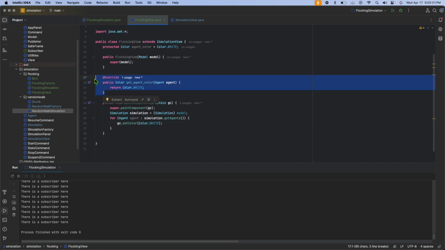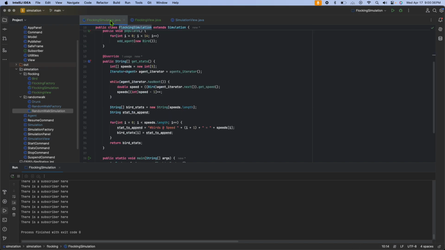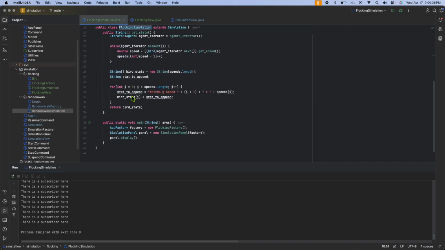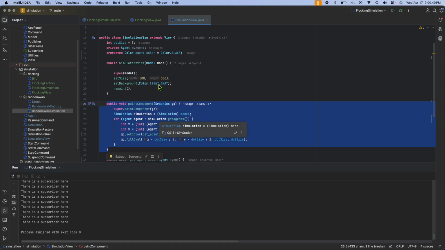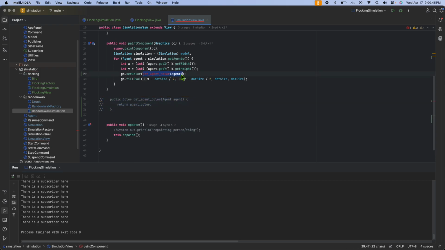Does this work? I don't think it will, but let's see. Simulation view. I'm gonna move all these other methods I created and we're just gonna set it to